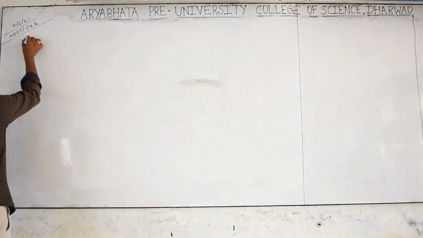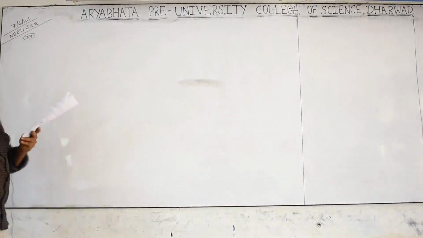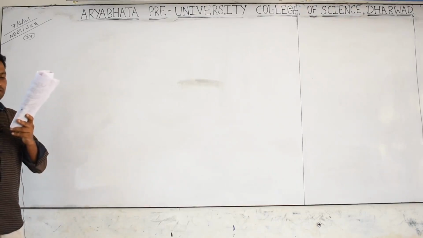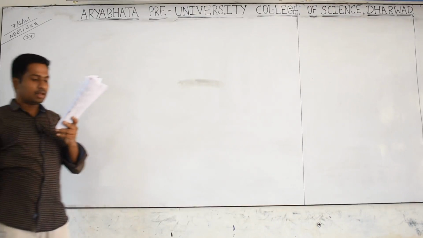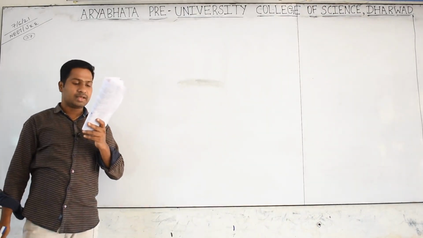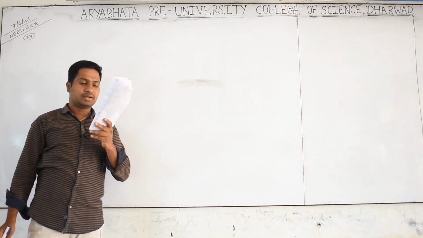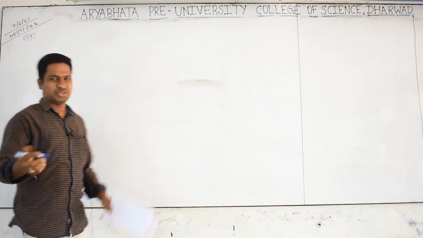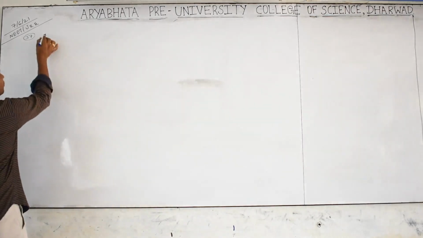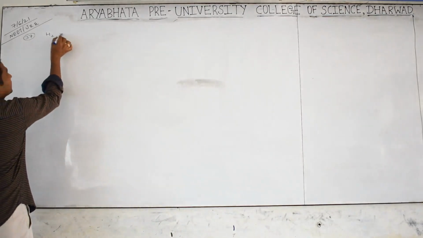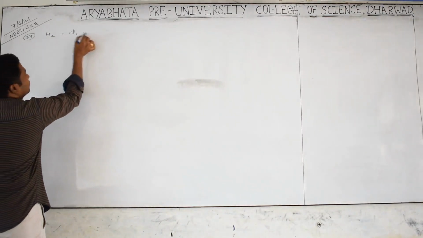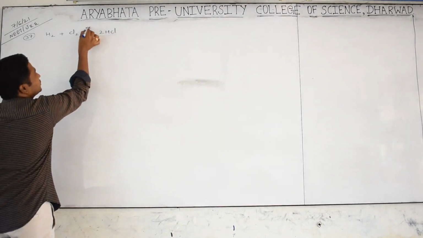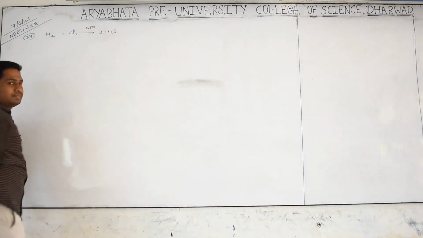See carefully, all of you, question 37: when 22.4 liters of hydrogen is mixed with 11.2 liters of chlorine gas, each at STP condition, the moles of HCl formed is? Good question. First of all, write down the balanced equation: hydrogen gas combining with chlorine gas, we are getting 2 HCl. This is the situation at STP condition.